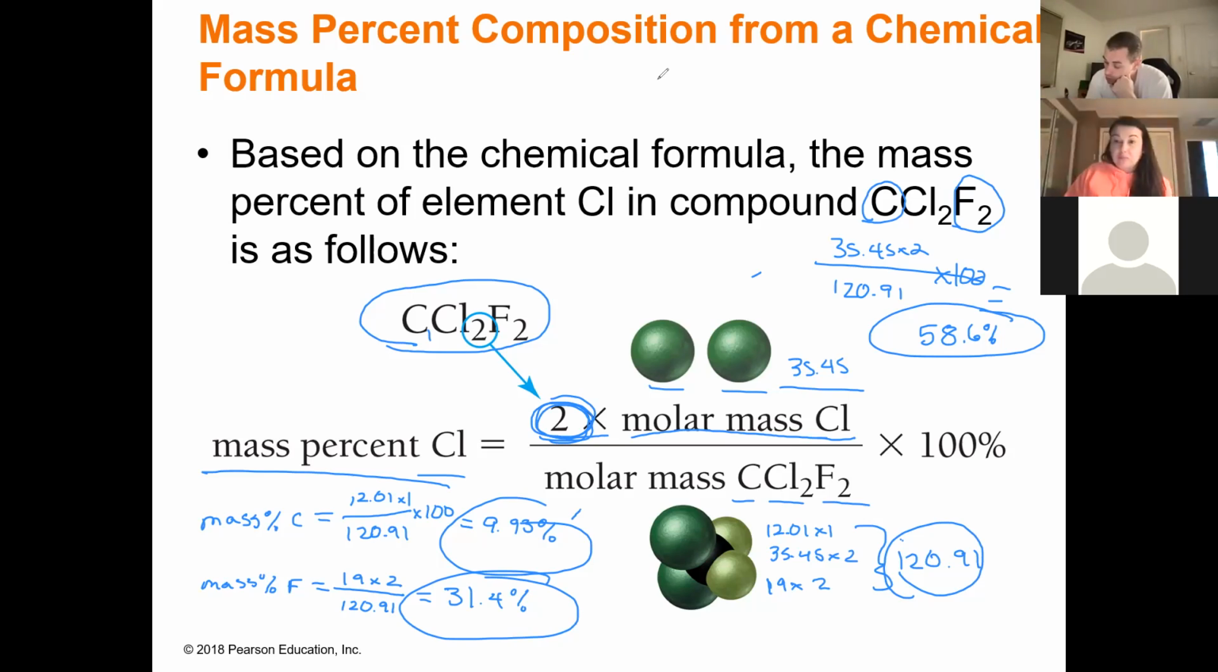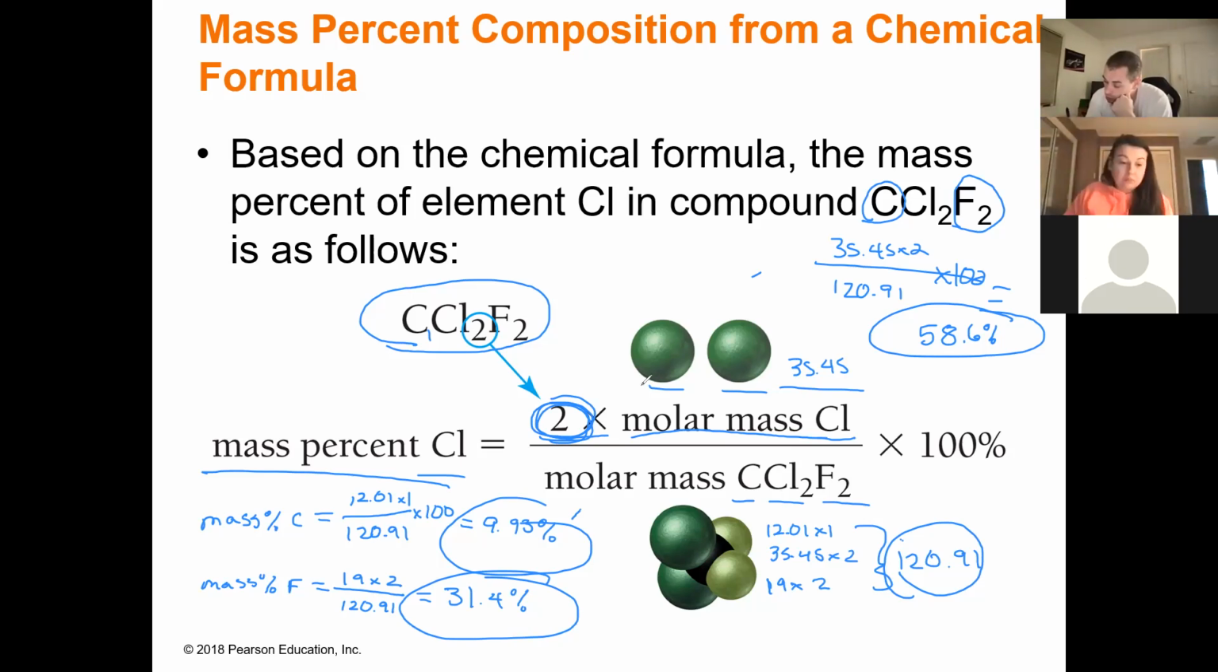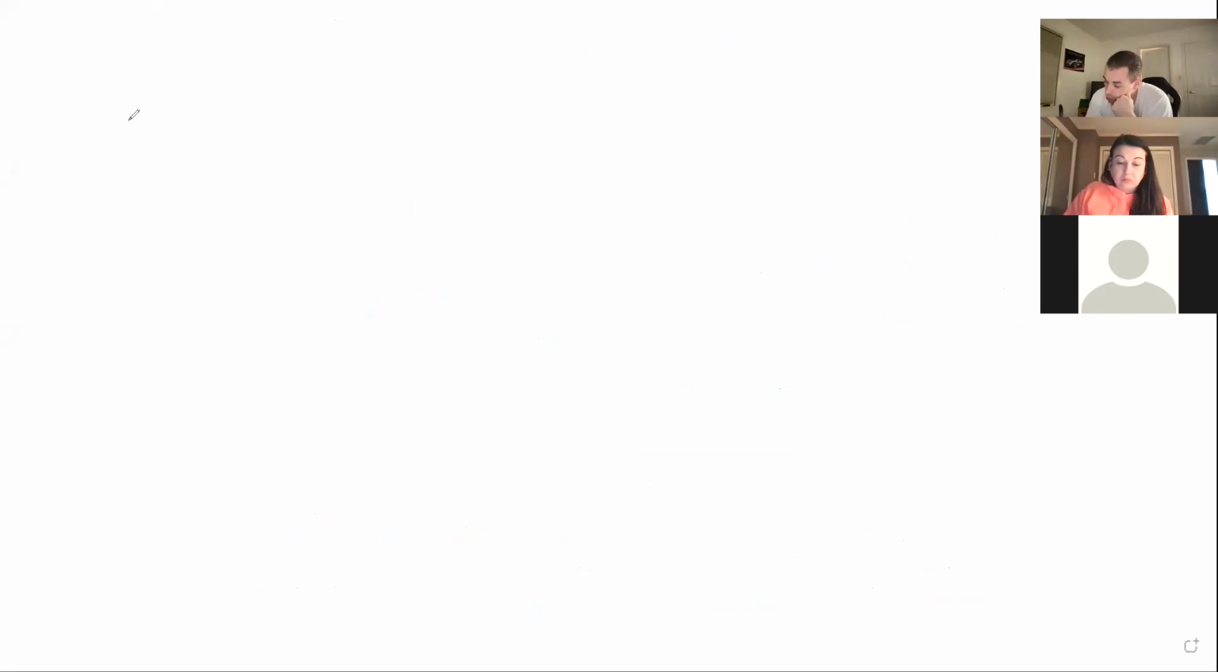Let's go to our whiteboard. All right, let's say we have the formula, oh, I don't know, HBr, hydrobromic acid. The kind of problems that come after these are most challenging. Yes, we will, and we're going to go over that. So going from a formula to a mass percent is much easier than going from mass percent to formula, but